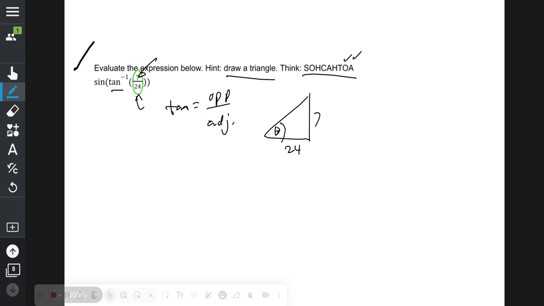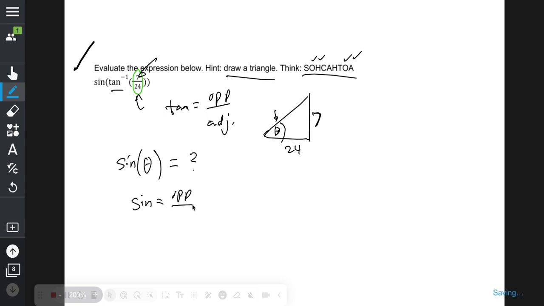We have, without telling you what this is, established that theta is in this triangle that has these sides. So let's continue. We've figured out the inner function. Now the outer function with this inside is, what is sine theta? Well, theta is in this triangle. And what is sine? Defined as